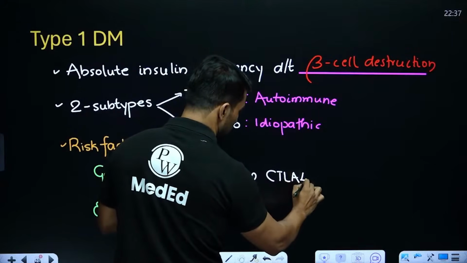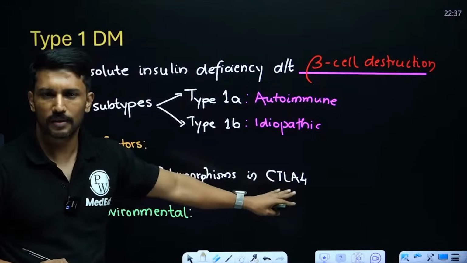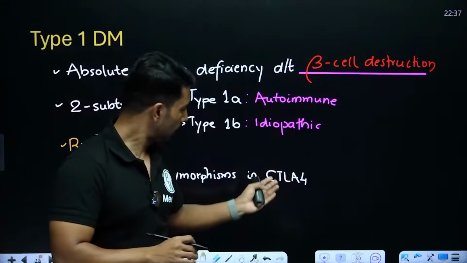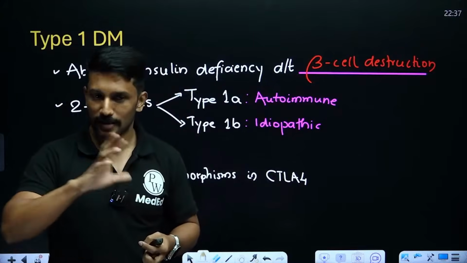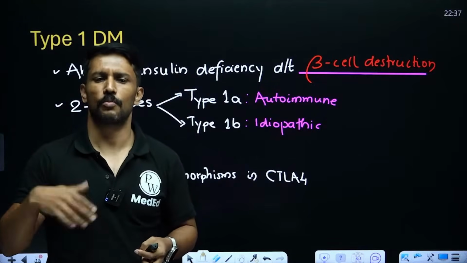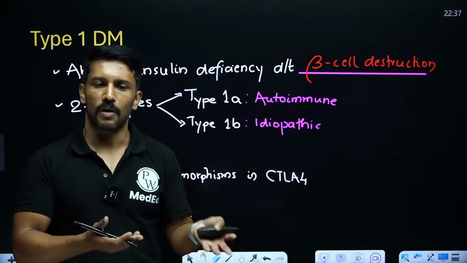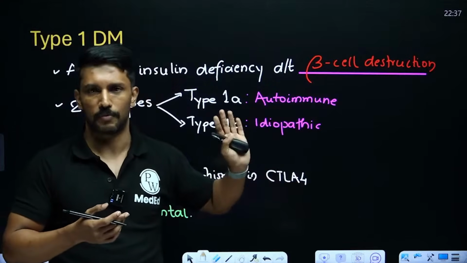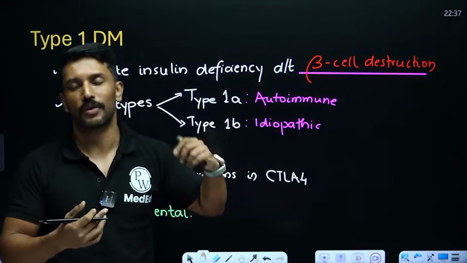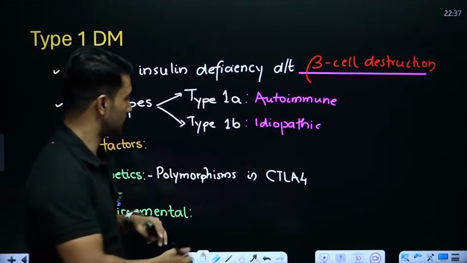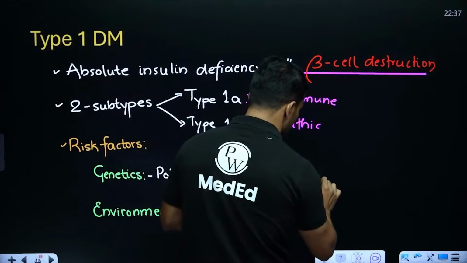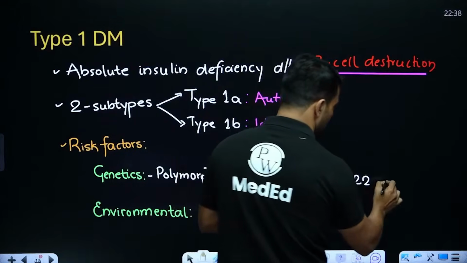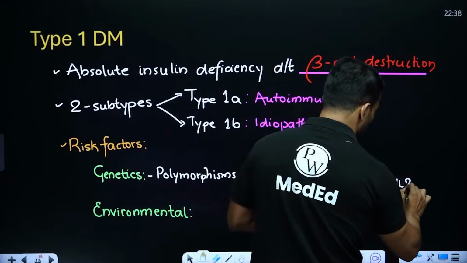Now, please remember this CTLA4 or whatever polymorphisms I'm going to list. They're all important. If you're a final year student, you can vomit them out as the risk factors for various autoimmune disorders. So tomorrow they ask you for vitiligo, what are the genetic factors which are increasing the risk? You can vomit the same names. If it is about alopecia areata, you can mention the same names. So you can use them at multiple places. CTLA4, then PTPN22, okay, and then interleukin 2 receptor.